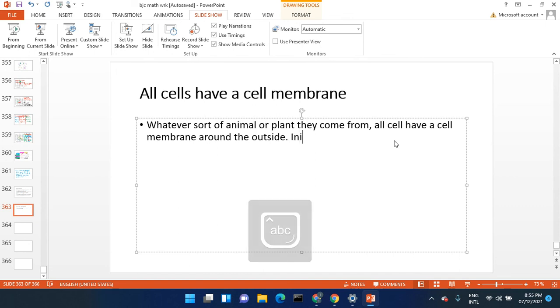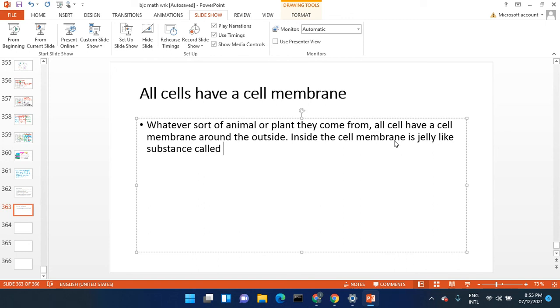Now inside the cell membrane is a jelly-like substance called what? What do we call that jelly-like substance? Cytoplasm. Very good. Cytoplasm,